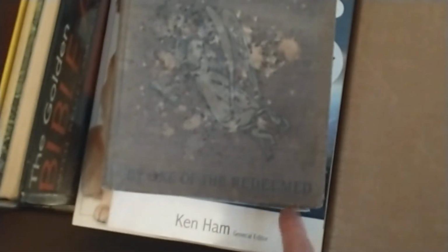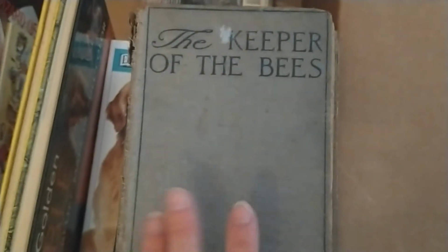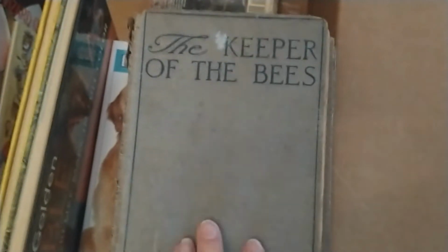And then these are really old books, As It Is in Heaven. Let's see, by one of the Redeemed. Where'd this come from? Some books were in this house when we moved here. I think this one was. And they were in the attic. Spencer found them in the attic. And this one, The Keeper of the Beast. So that's why I kept them, because they were from this house. Okay, so that's everything